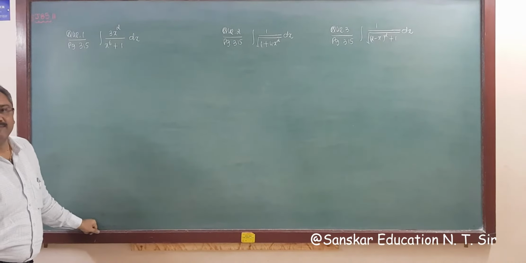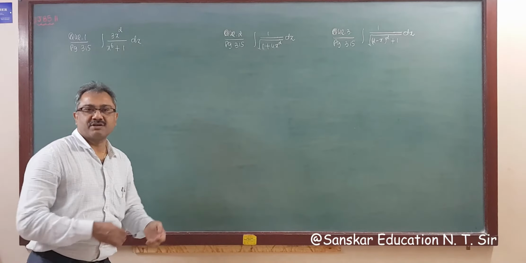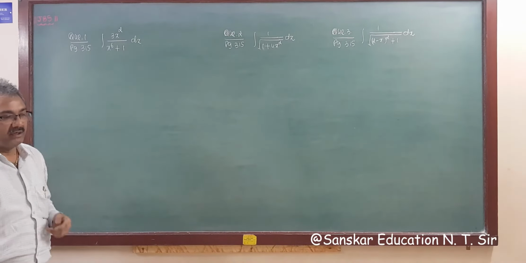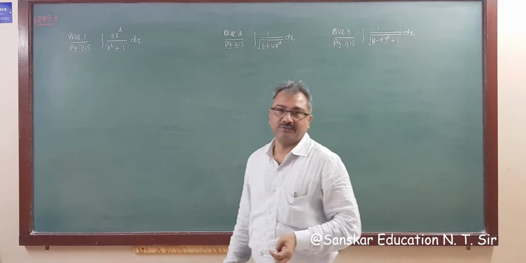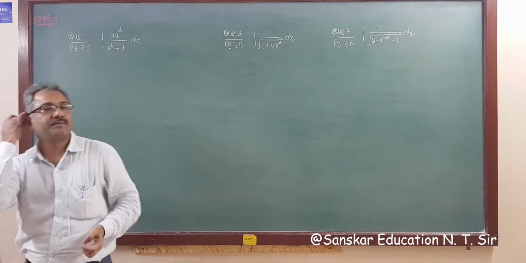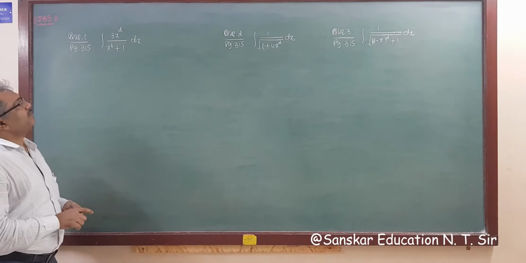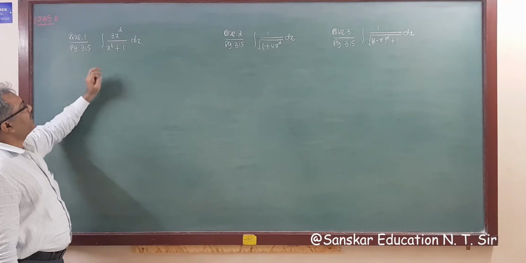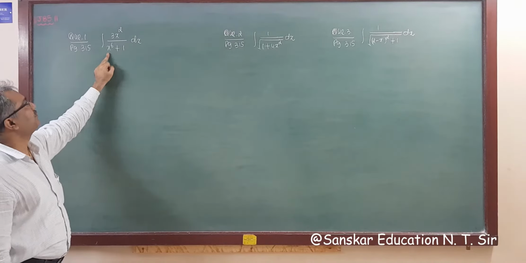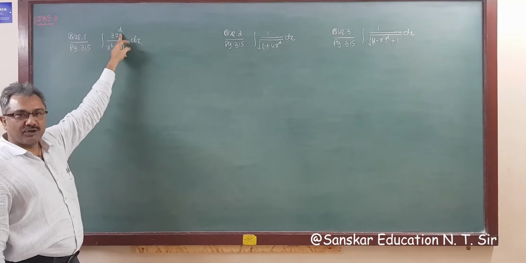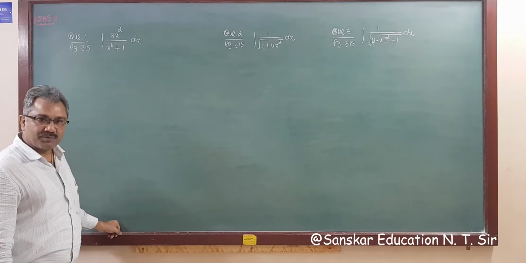So question number 1 for substitution method, right? We saw in earlier lectures illustration. So now we are starting from exercise number 7.4, right? So first question of exercise 7.4, question number 1, 3x square upon x raised to 6 plus 1. Now derivative of the denominator is 6 times x raised to 5 and it is power given 2. So no derivative of the denominator is in numerator possible.